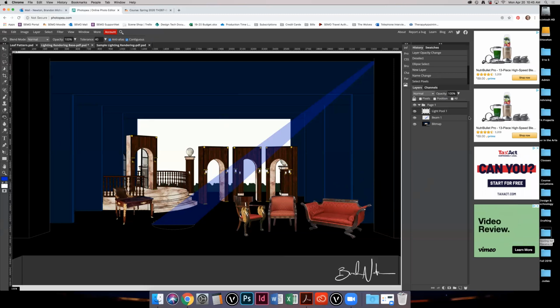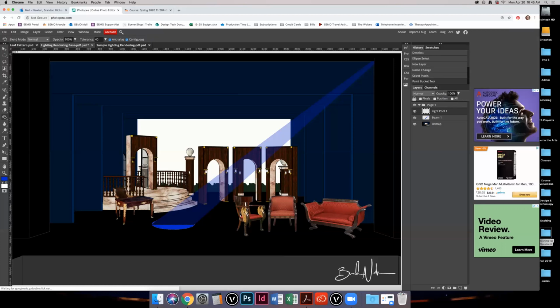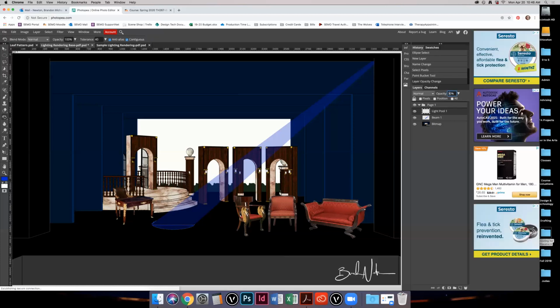So I can continue. I'm still on light pool 1, I have the paint bucket selected, I'm going to click. It's going to look like a weird shape, but I'll drop the opacity down to 30%. Oops, I did the exact same thing. Okay. Select, and there we have our pool. Okay, this looks like a more natural